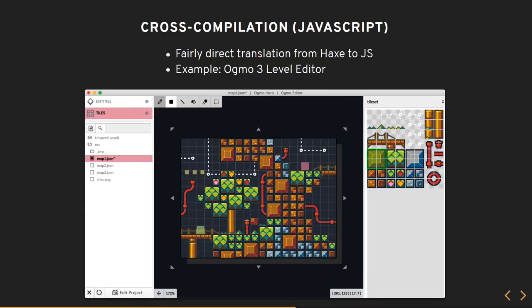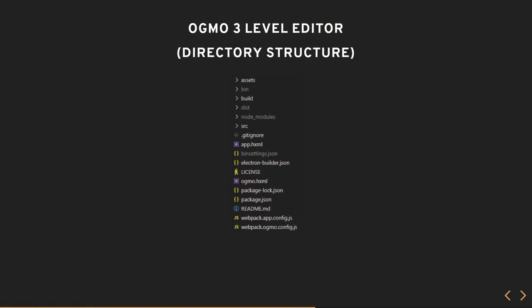Electron is an application framework, and Discord is using Electron, and stuff like Slack. So it's for making desktop applications that run on top of Node.js. If we look at the directory structure of OGMO, it's pretty familiar for Node.js developers.